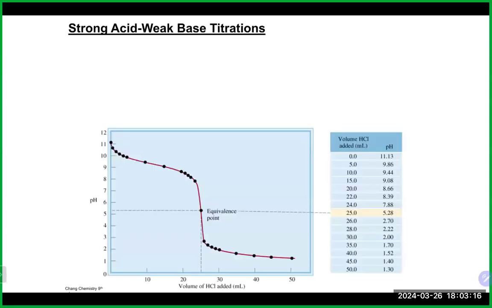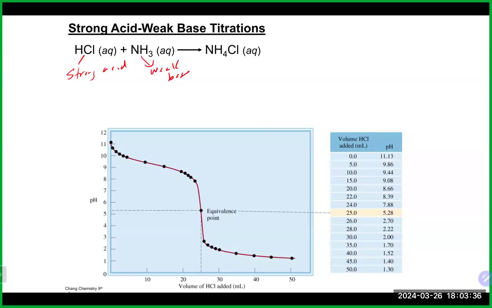So let's talk about the third type of titration we're going to talk about, which is a strong acid and a weak base titration. In this case, we take hydrochloric acid, which is a strong acid, and NH3, which is a weak base. And in this particular case, it is a little bit different. The acid, or the HCl, is actually up in the burette,